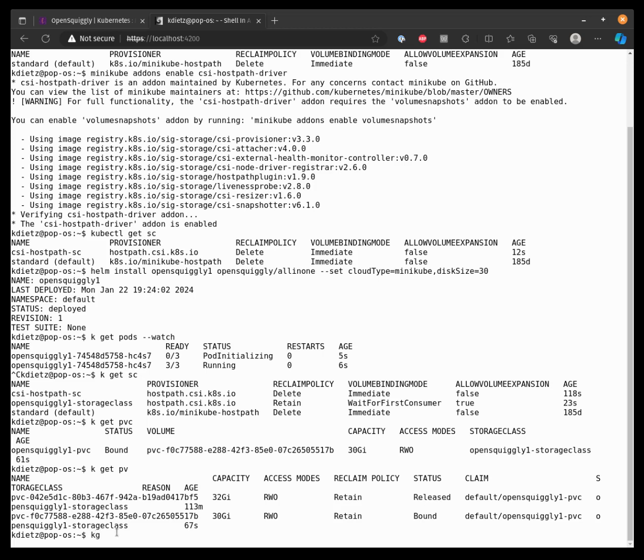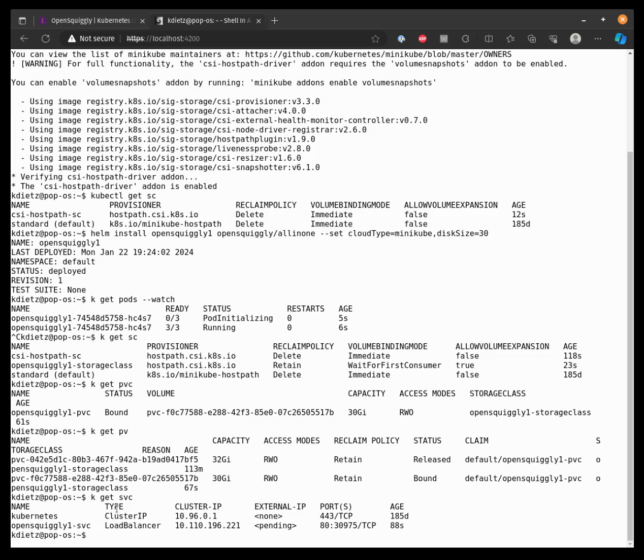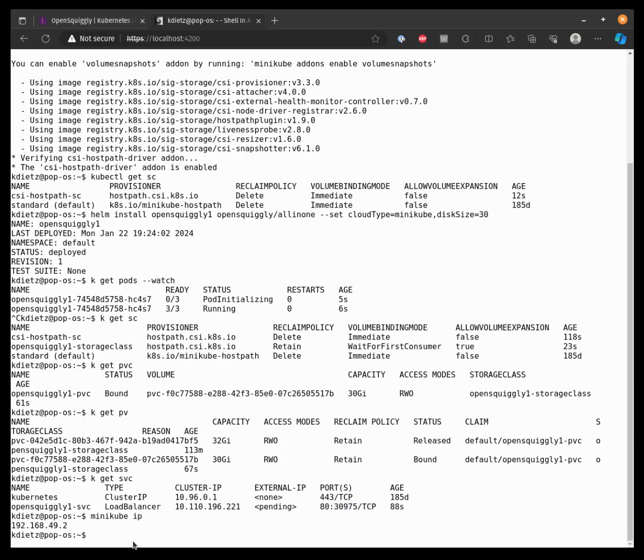And so now if we do kget service, we'll notice that because this is on Minikube running locally, we don't get an external IP address assigned to our provisioner. That means that we need to use the port number along with the IP address. So if we get the IP address of Minikube, so that's